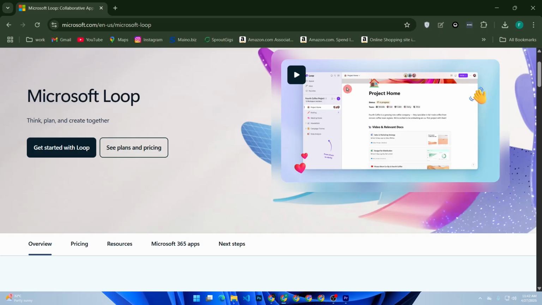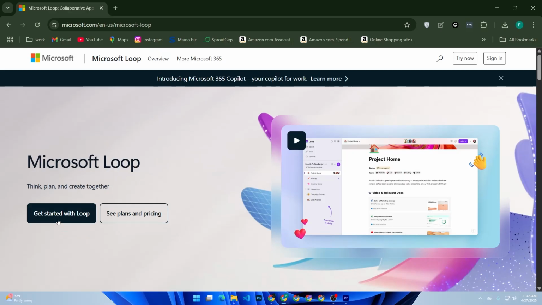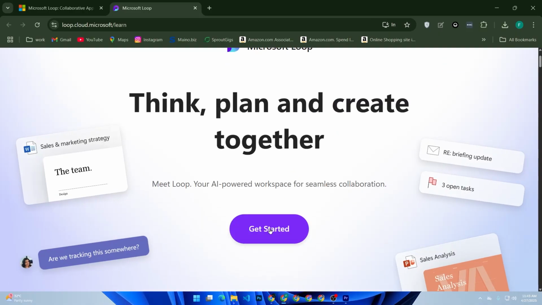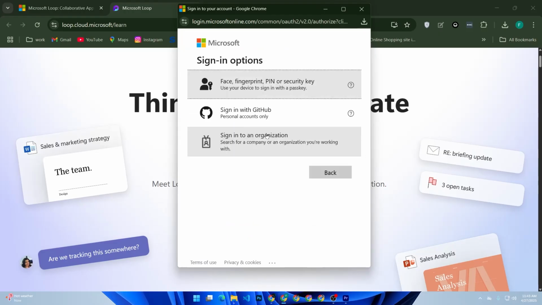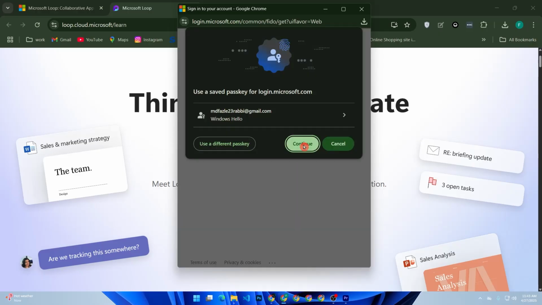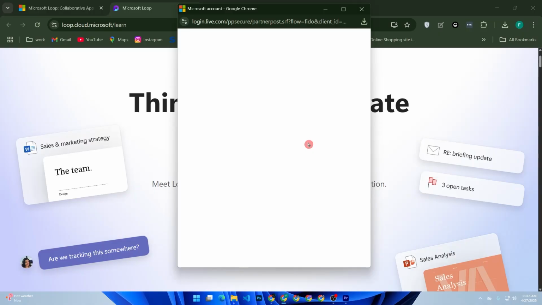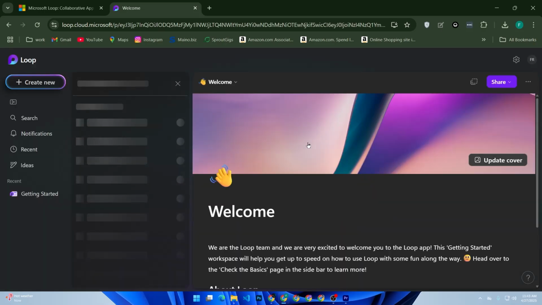Let's start by creating a workspace. This is like a home base for your project. Steps to follow: open Microsoft Loop, click Get Started with Microsoft Loop. Then click Get Started again from here. Then log in with your Microsoft account. Now it's loading. Once you are in, click Create New and click New